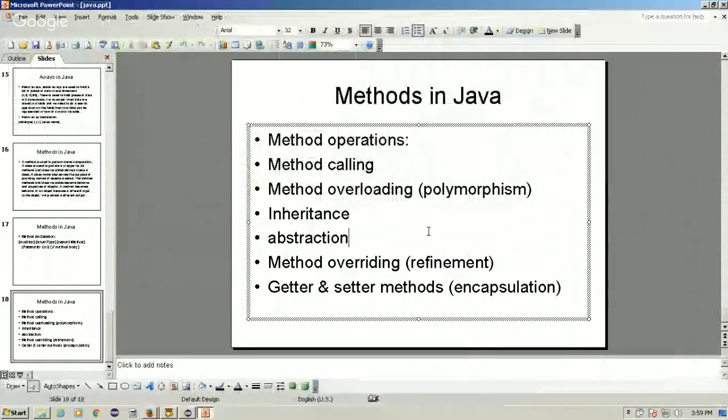We have been learning the Java methods and their importance in implementing the important concepts of object-oriented programming. And we saw the getter and setter methods which implement encapsulation or data hiding. And we have seen the method overloading which implements polymorphism. And now we will see